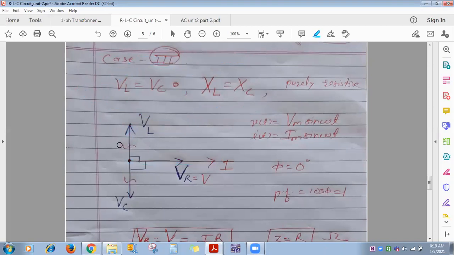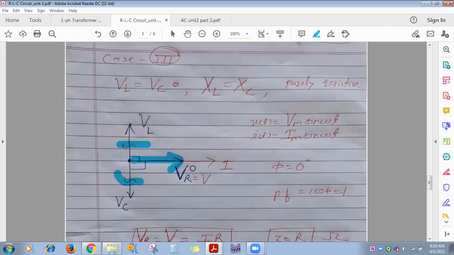So as VL and VC are of equal magnitude and in opposite directions, where will you represent the total voltage? Yes, total voltage you will represent along the X-axis. It will be the same as that of VR. So if in the numerical it is given that the supply voltage is so and so, and the circuit is at resonance, and you are asked to find out VR, then VR is equal to V, the supply voltage. Okay, got it?